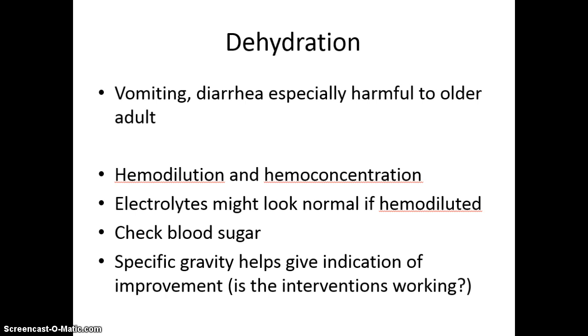have hyperglycemia. Even though we think they're not eating, they've got vomiting and diarrhea, the blood sugar should be low. It usually is high as a result of the stress on the body and that sugar coming out of the liver to try to compensate. And then your specific gravity is going to give you a good indication of if your interventions are improving. Are your nursing interventions and the physician's orders of the IV and the hydration improving? And so we look at that specific gravity to help us identify the hydration status for that